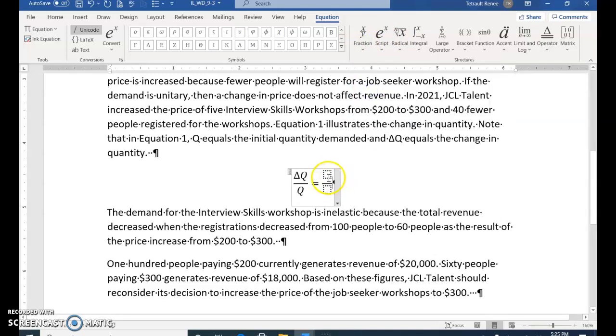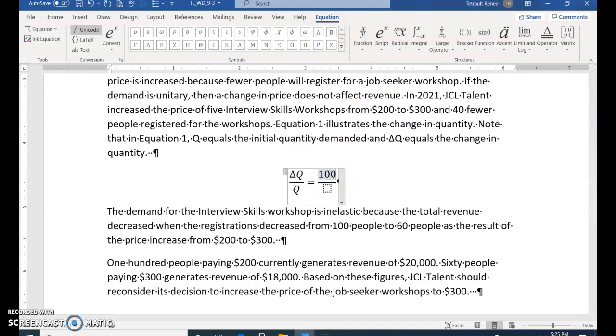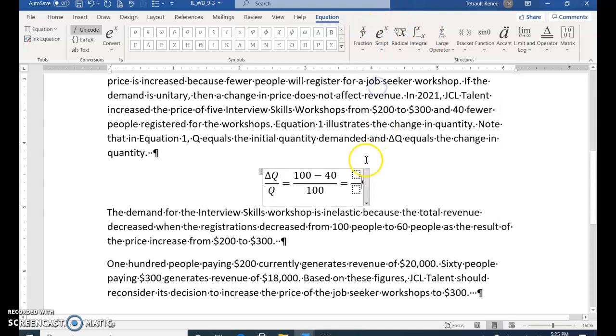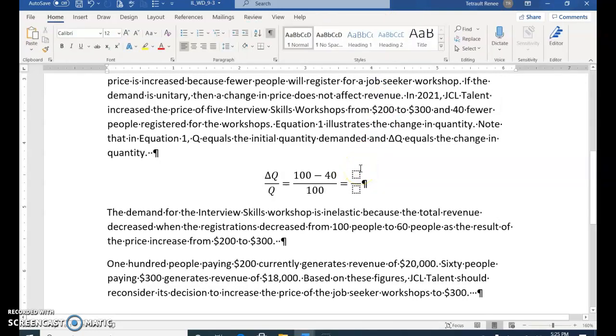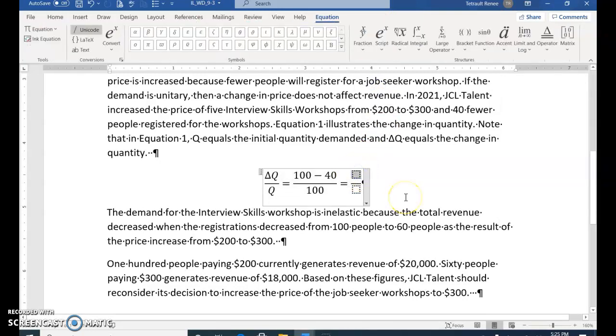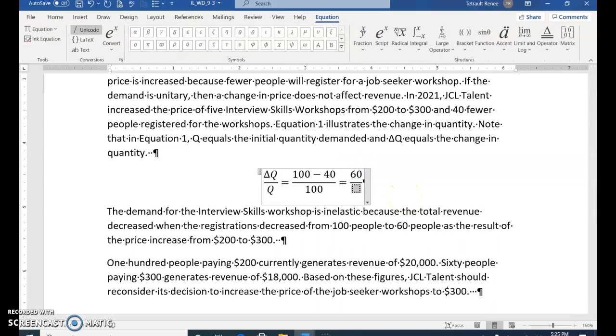stacked, and in the top half it'll be 100. You don't need to press spacebar, just press the minus over on the number keypad, and 40, and then the down arrow 100, right arrow equals another stacked fraction, and the numerator is 60, and the down arrow denominator is